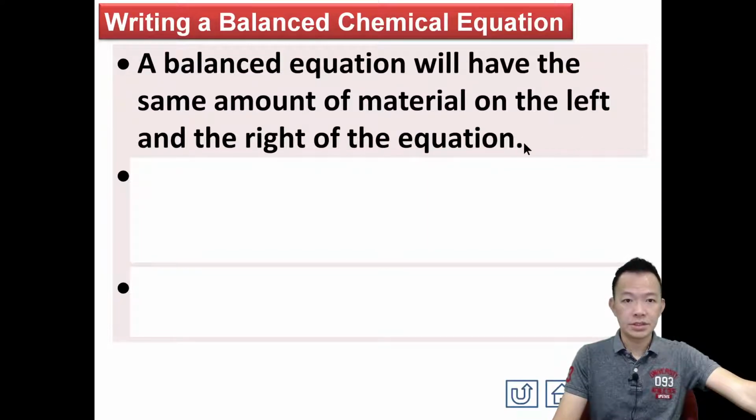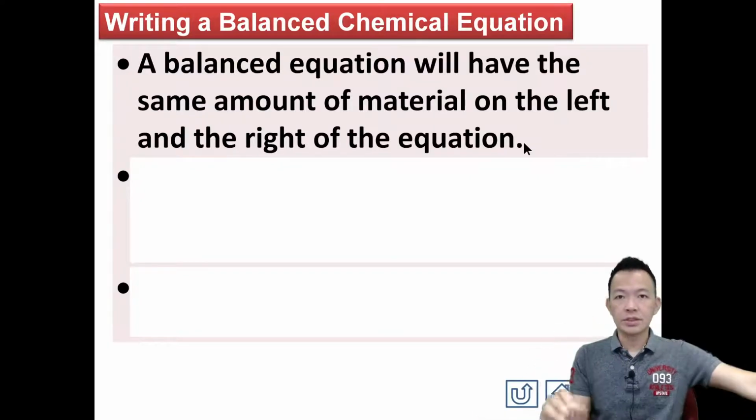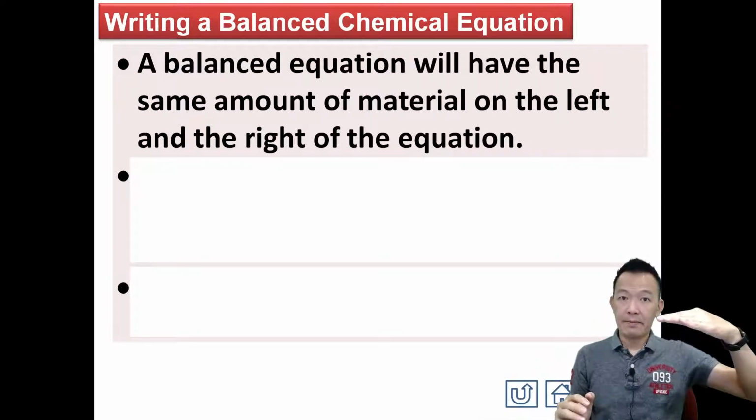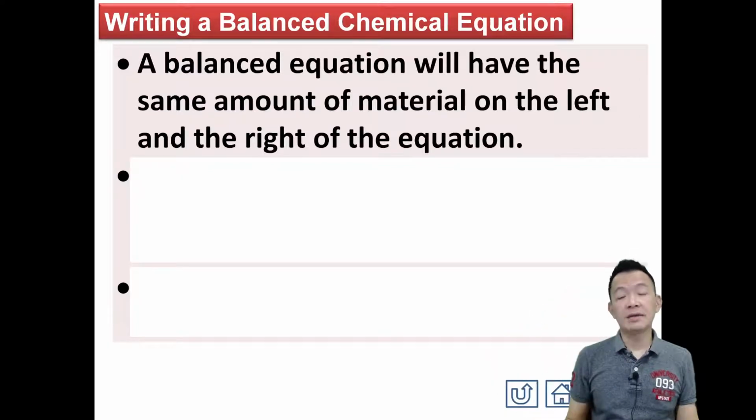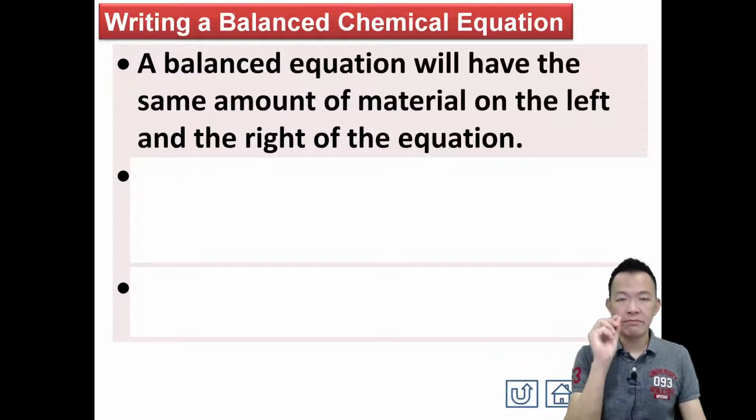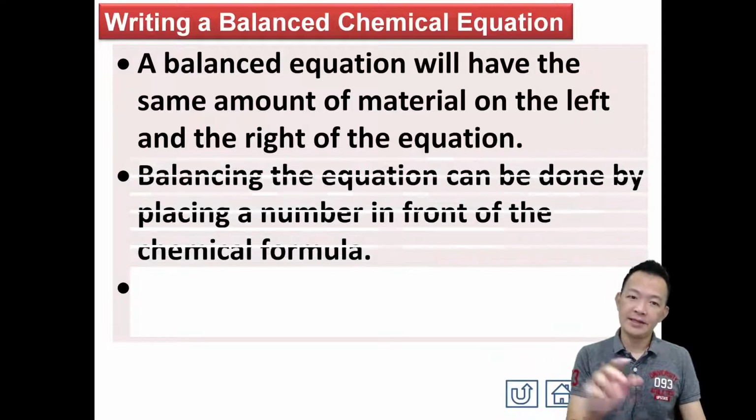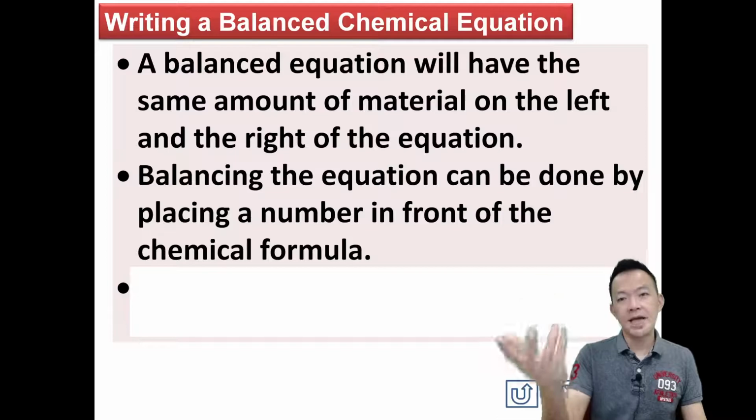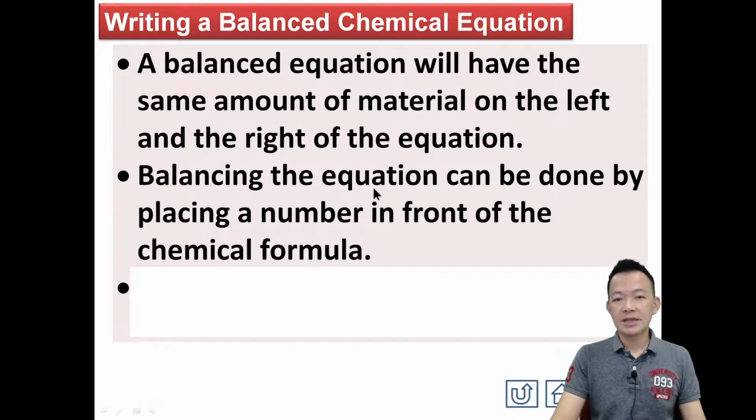Okay, chemical equation. A balanced equation will have the same amount of material on the left and the right of the equations. So 平衡的 chemical equation, reactant 的 number 跟 product 的 number 一定要平均。用多少的反应体就会有多少的 product. They must be balanced. 真的，OK？ how 什么来的？等一下才会的。